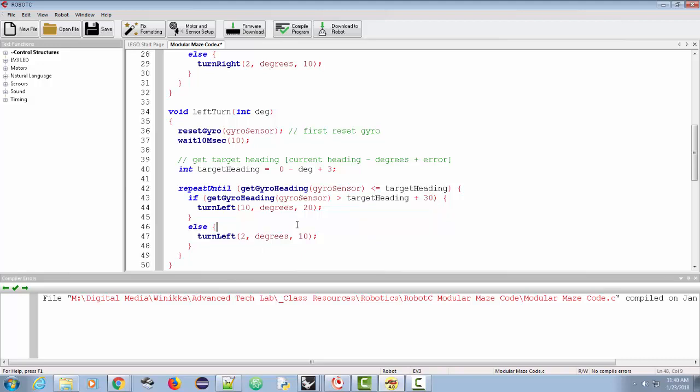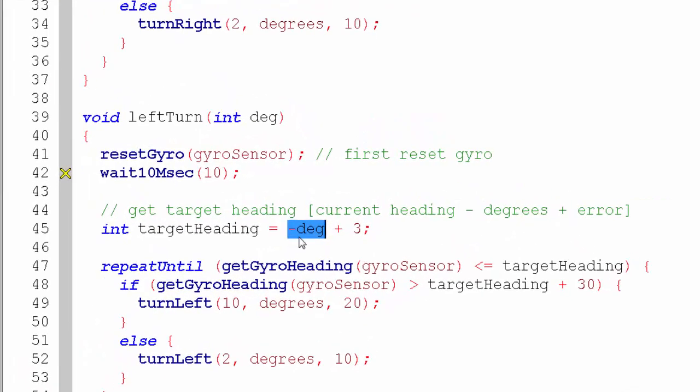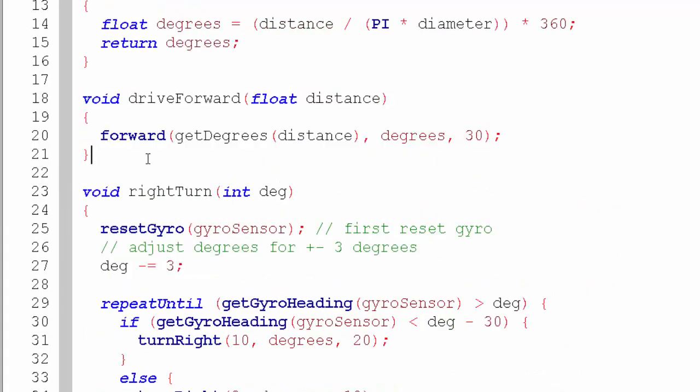It's pretty much the same thing, but you do have to take into account we're working from 0 and we're going down in numbers. Okay, I haven't tested it with 0. I could do that. There you go. So what I did is I just put a negative degree instead of putting get gyro, subtract degree plus 3. Take a look at what else I did. I added this new function called drive forward, where I just give it a distance, and then I took that forward and I put get degrees, I add distance here,